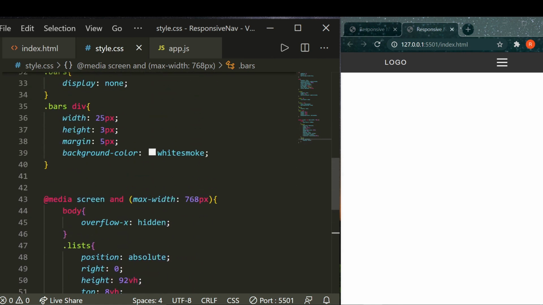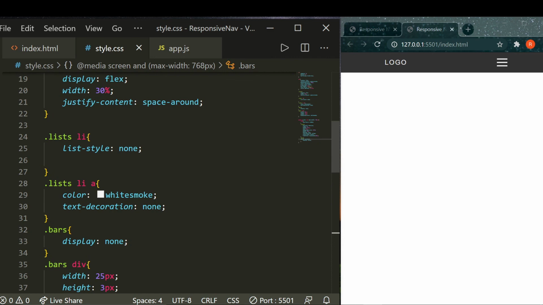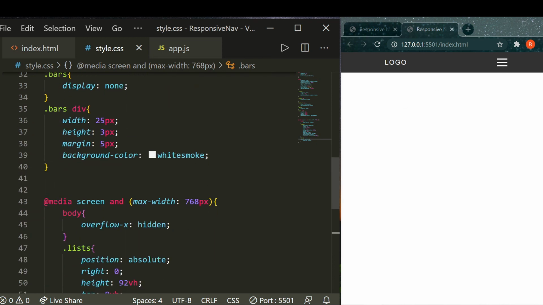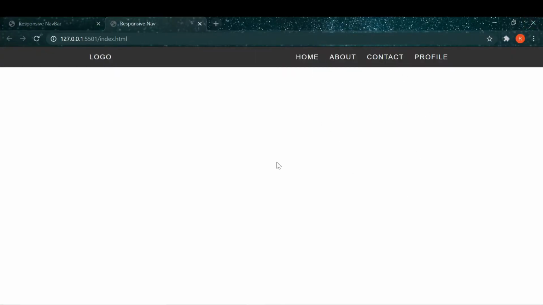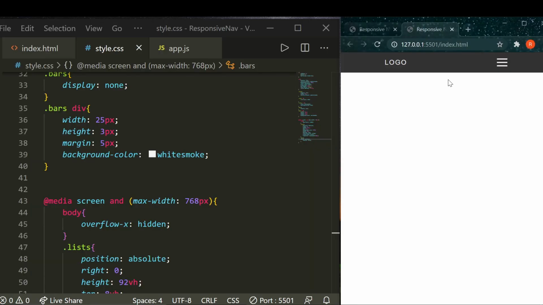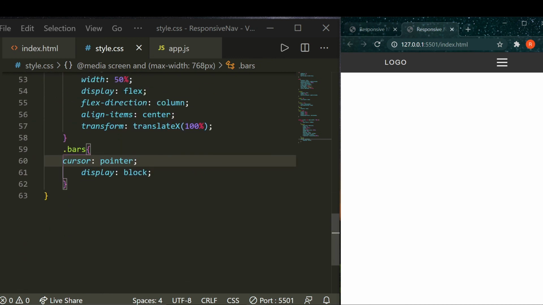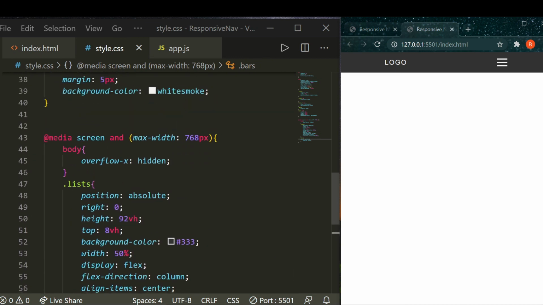Now what we have to do, we have to give styling to our navbar. We have removed our list from mobile view. You can see that there is no effect on our desktop view, only mobile view has been changed. So let's get to